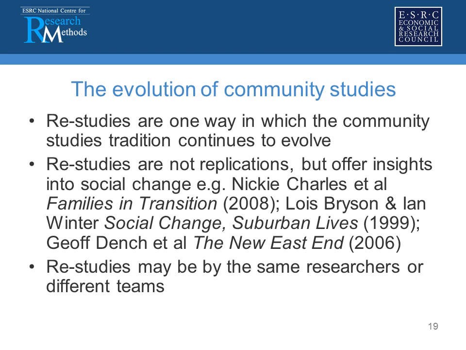The et al. includes Michael Young, who was one of the authors of the original study, but unfortunately died before the final publication. But The New East End has had a great deal of controversy around it because of what it says about how that area of East London has changed in relation to race and ethnicity and diversity in the 50 years since Family and Kinship in East London came out. Restudies may be by the same people, they may be by different people, or they may, as in the case of Nickie Charles and Geoff Dench's teams, involve some of the original researchers as well as some new people as well.